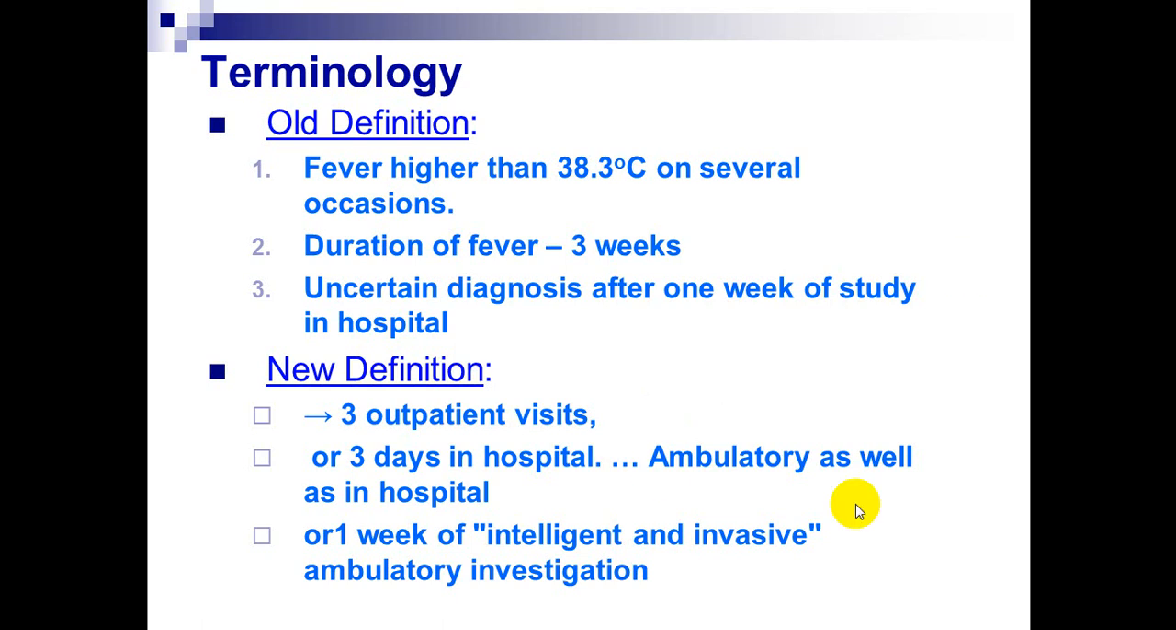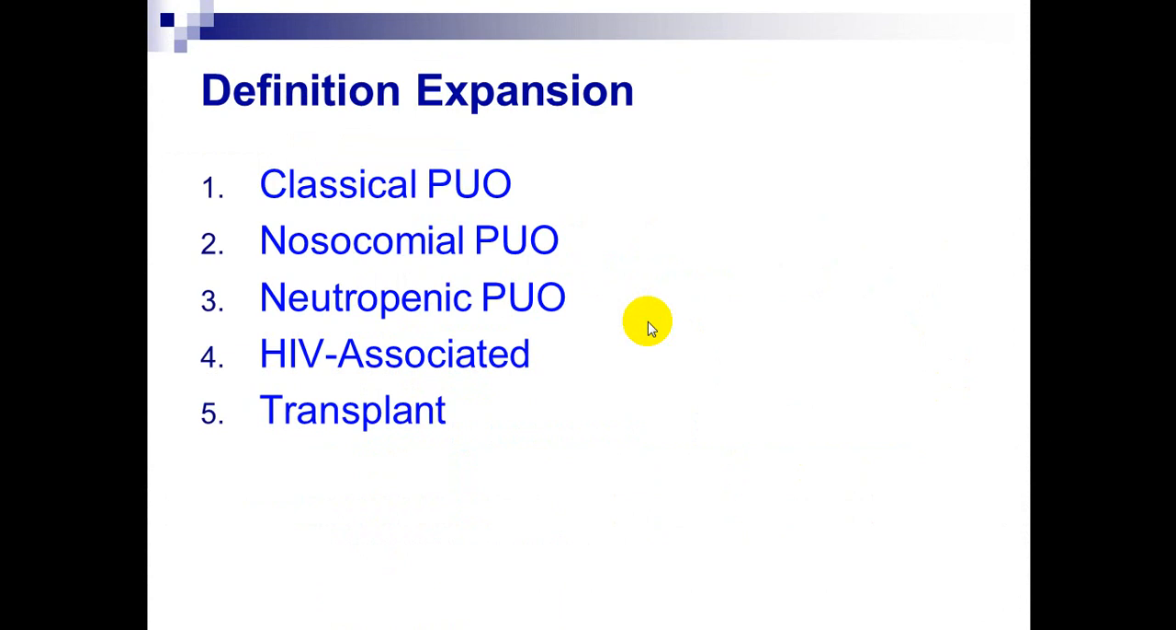outpatient visits, or 3 days in hospital with all the investigations negative, or 1 week of intelligent invasive ambulatory investigation, all negative. We have classical PUO, nosocomial, meaning acquired during hospitalization, neutropenic, those patients with low white cell count or neutrophils, HIV associated,